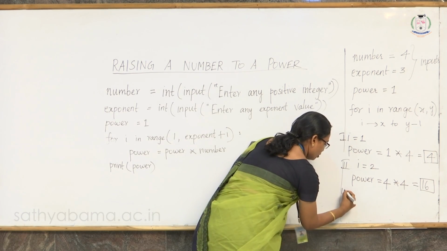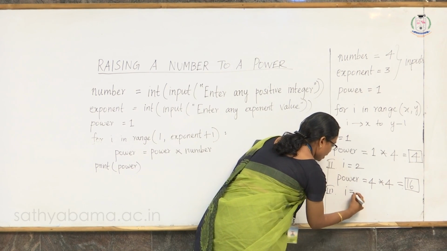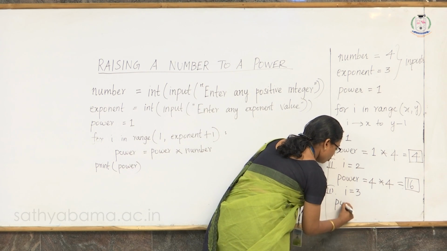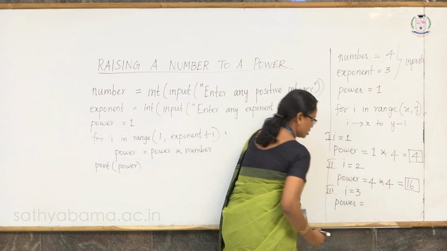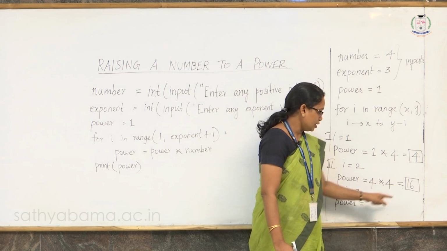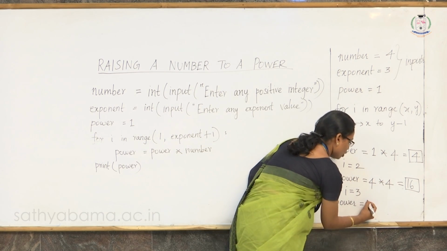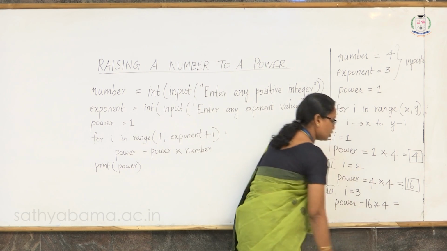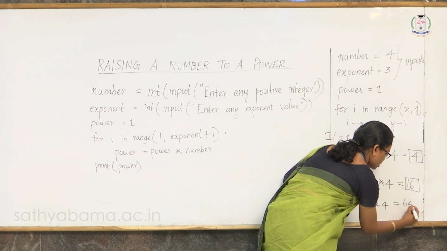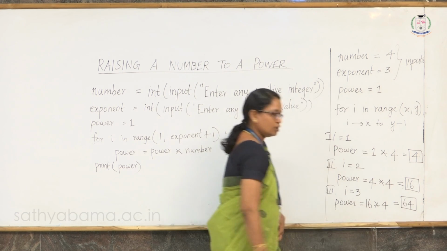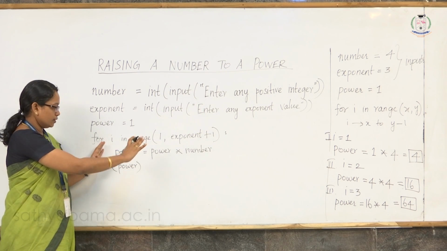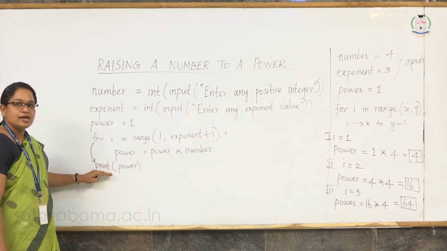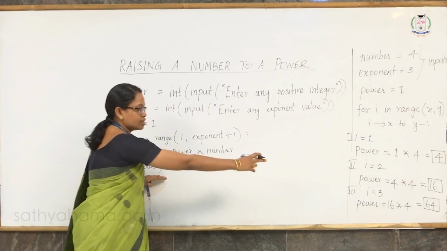When it executes the third time, the value of I will be incremented to 3 and the power will be computed as the previous value of power into number. The previous value of power is 16, the value of number is 4. So, 16 into 4 will give the result as 64. Now, the for loop is completed. When it comes out of the for loop, it will print the power, that is 64